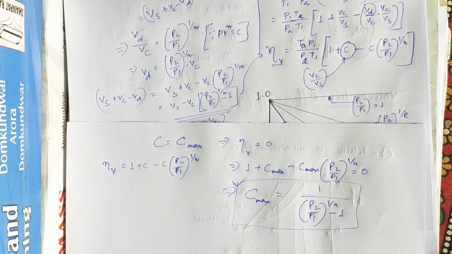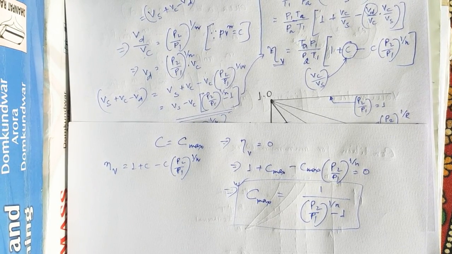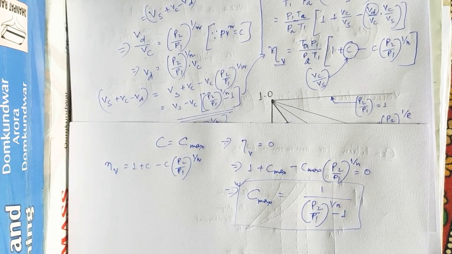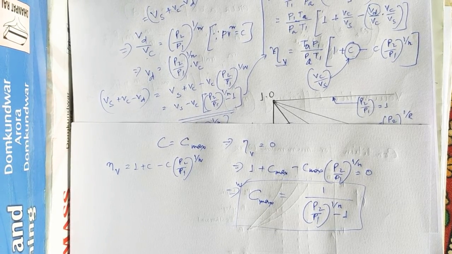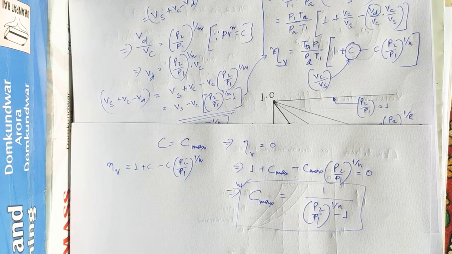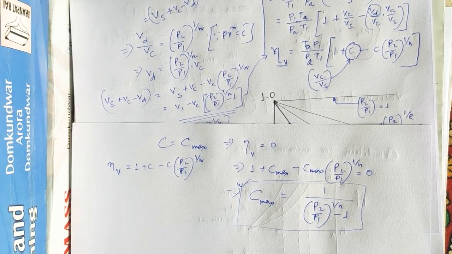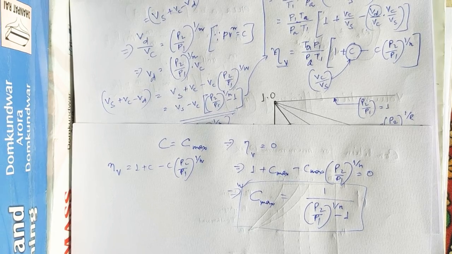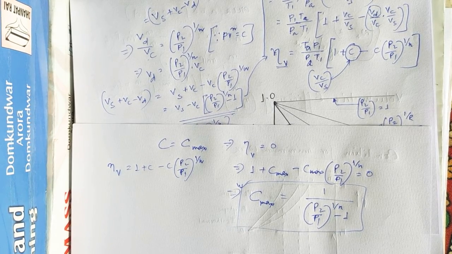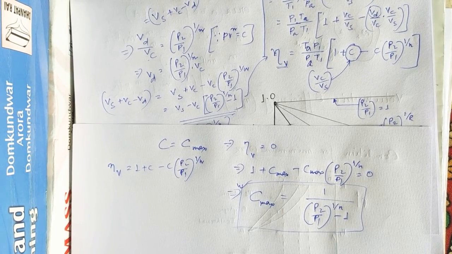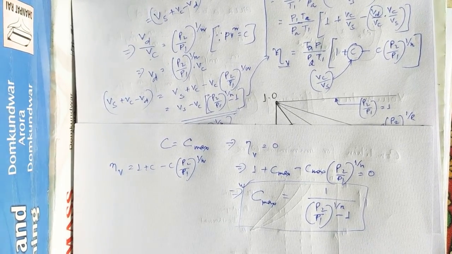So today is up to this. In the next class, I will discuss the condition for minimum work, because till now we have considered the compression process to be polytropic. But if it is isentropic or isothermal, then if we compare these three different types of thermodynamic processes, which one will give the minimum work will be discussed in the next class.